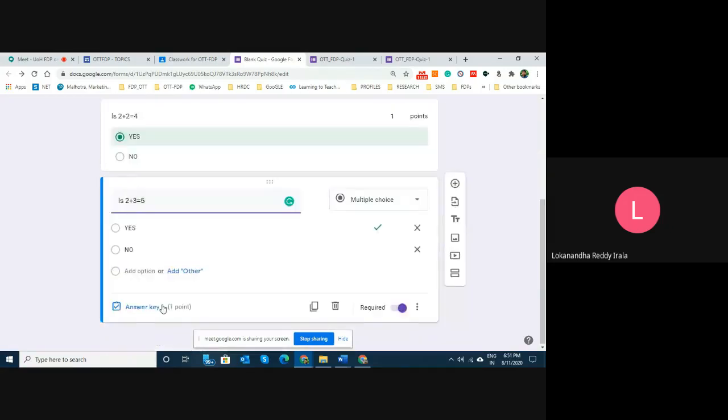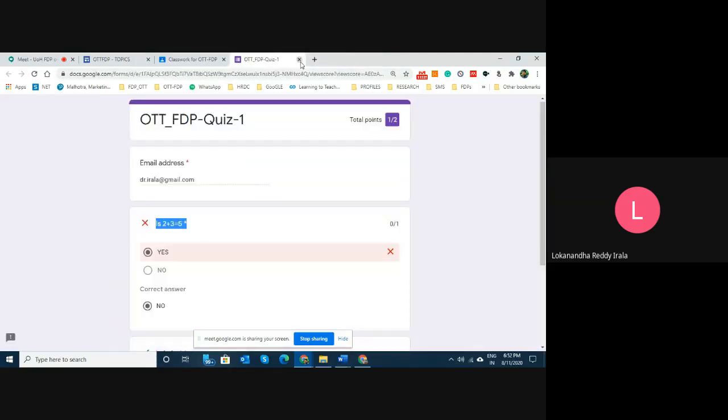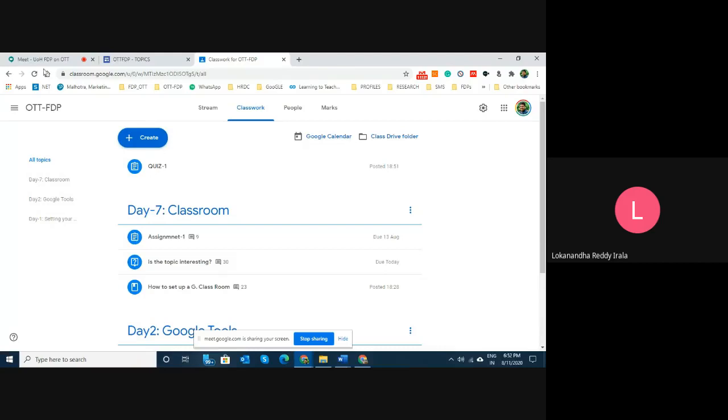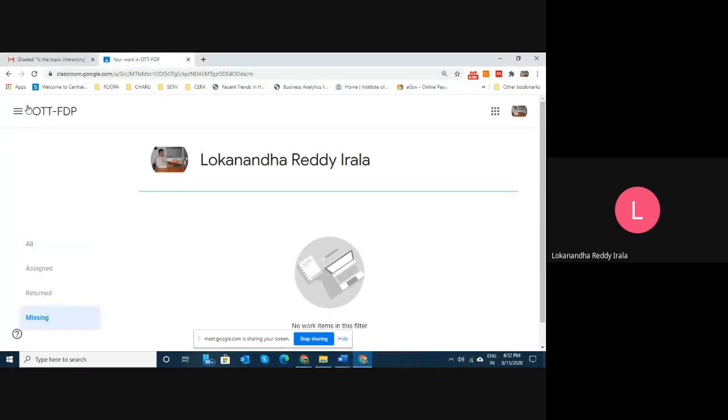So this is one advantage you have if you don't want to release the mark immediately upon submission. Otherwise, if you are confident that you have come out with all the right answers, then you need not do this. Right?